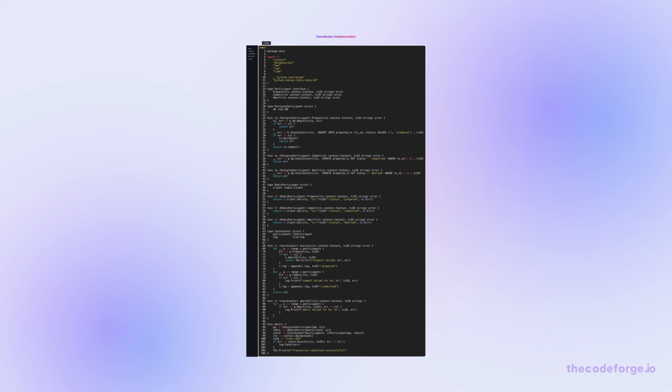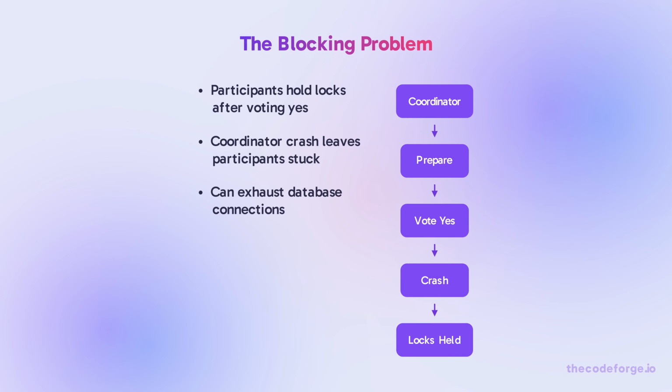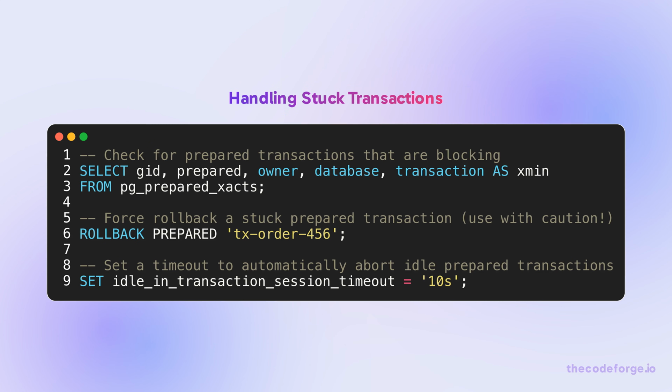In production, keep the log in a durable store like etcd. After a participant votes yes, it must hold locks until it receives commit or abort. If the coordinator crashes, participants are stuck. They can't release locks. This can freeze your system. In PostgreSQL, you can query pg_prepared_xacts to find stuck transactions. Use ROLLBACK PREPARED to abort them. Also set idle_in_transaction_session_timeout to automatically abort idle ones, but ensure it's longer than your coordinator's recovery